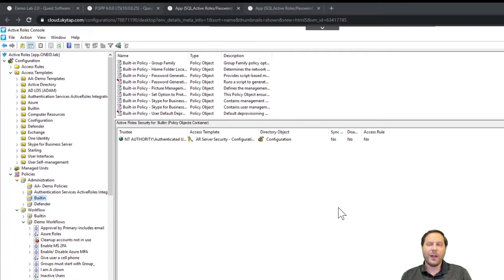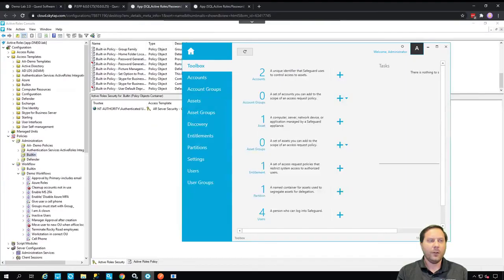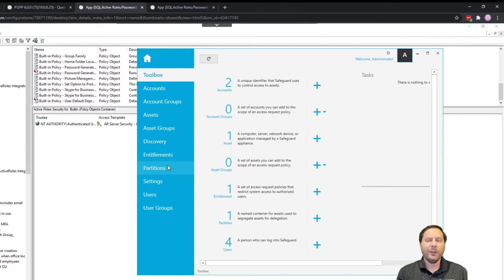Let's take a quick look at how all this works on the Safeguard side as well. So let's, again, like I said, just bring up Safeguard here, and we can just take a look around. And we're really not doing anything particularly special in Safeguard. What's really happening here is that that particular service that we have is logging into Safeguard from the back end, and what you'll see is when you set up the service itself, you tell it how to connect to Safeguard, and so it knows how to do that, and it's looking. And when it sees what it's looking for, it will make those changes inside of Active Roles.